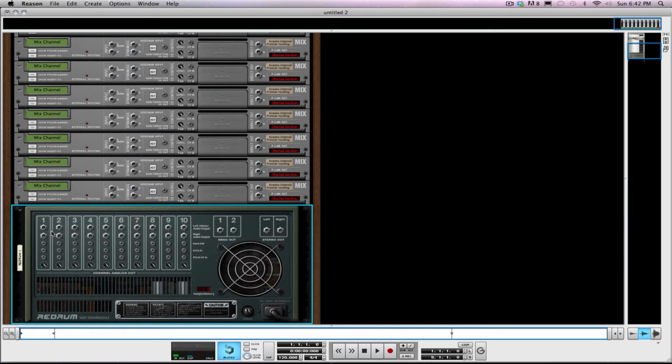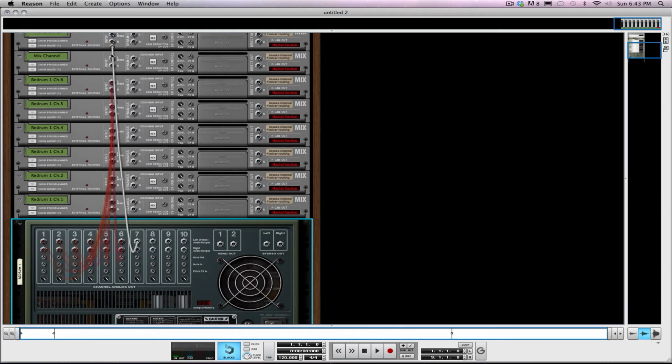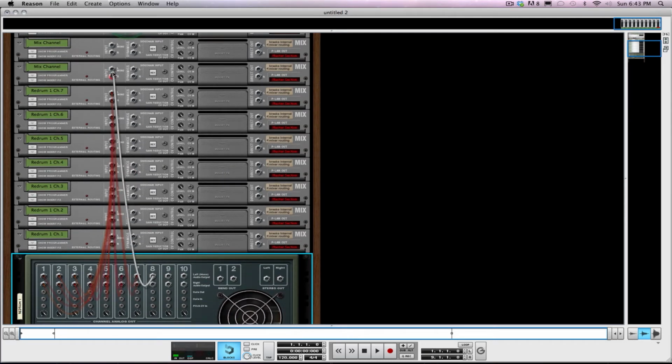Now what I want to do, this one is a lot more simple than routing that Kong. Redrum is pretty straightforward, and every single one of my tracks start that way. All right, so we'll just route all of these. You can do this on your own. Hopefully if you're watching this video, you can set this up, you can follow along with me. But I want to show you how to get the most out of your